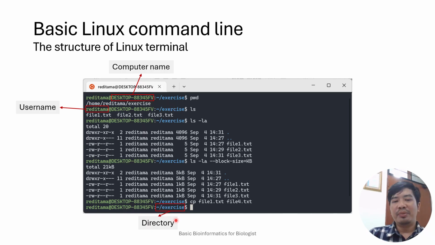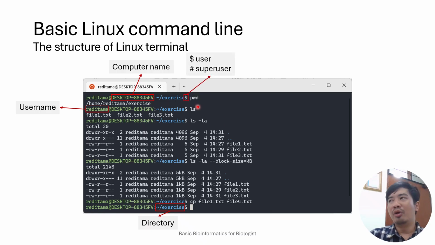This sign represents home. This is the symbol of the home directory. So when you read something like this, you will know that you are in the home directory and in the exercise folder. And then we move forward.